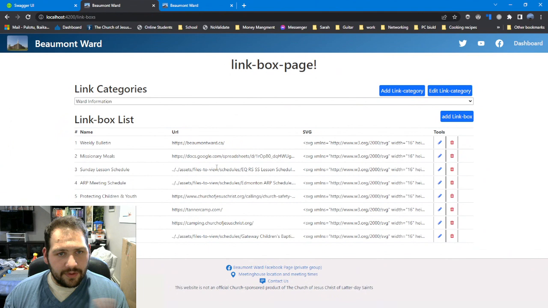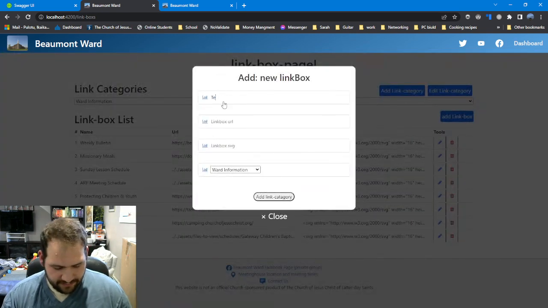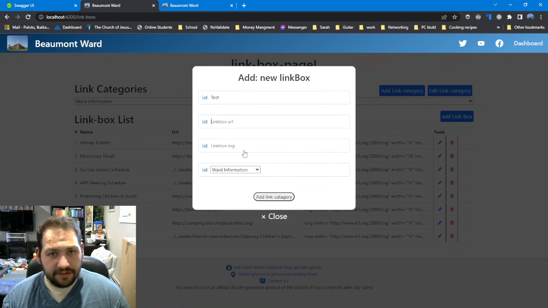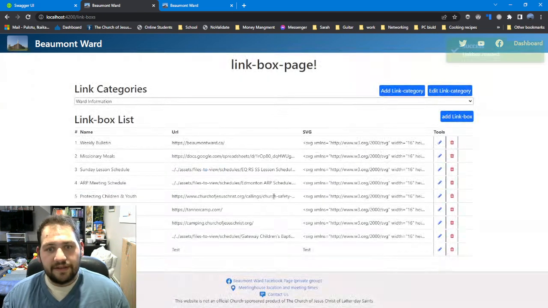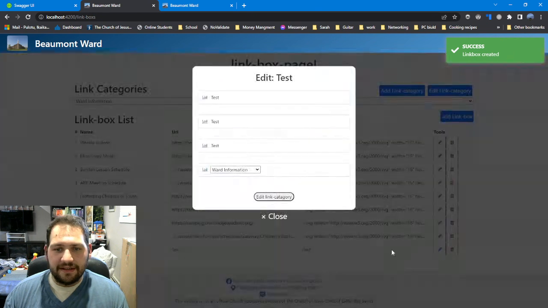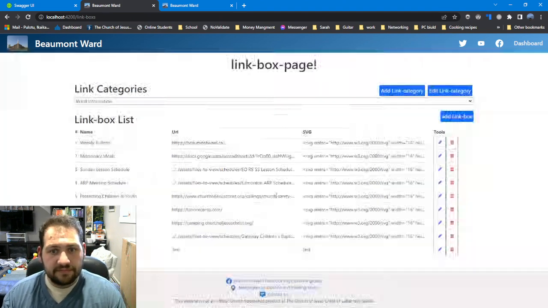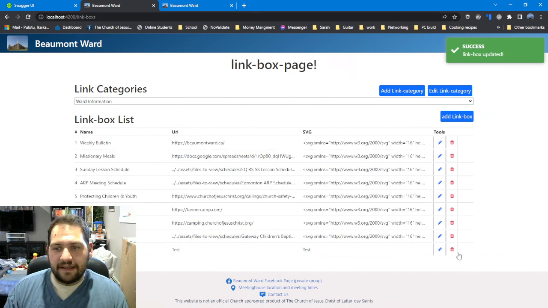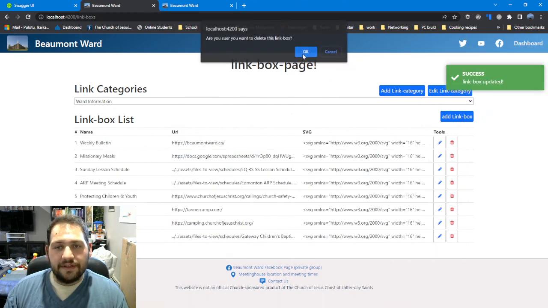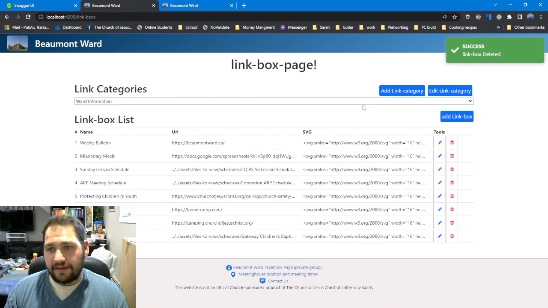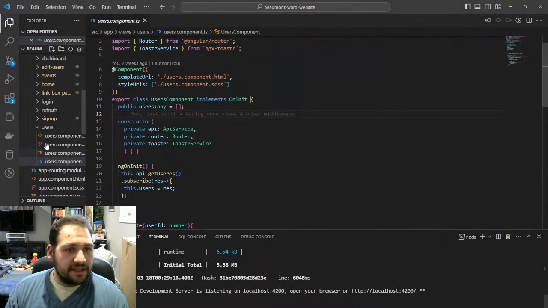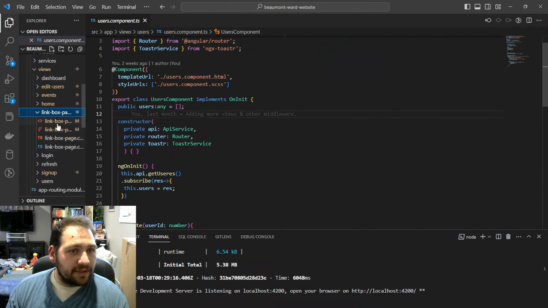And so for this page, after you select a link category, you can add a link box. You can add another. And so we've added another one. We can edit it. See, it's been edited, and we can delete those boxes as well. And that's all working similar to the other pages. If we go ahead and open link box page,